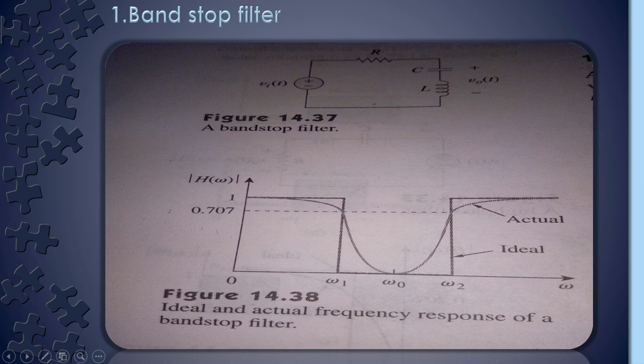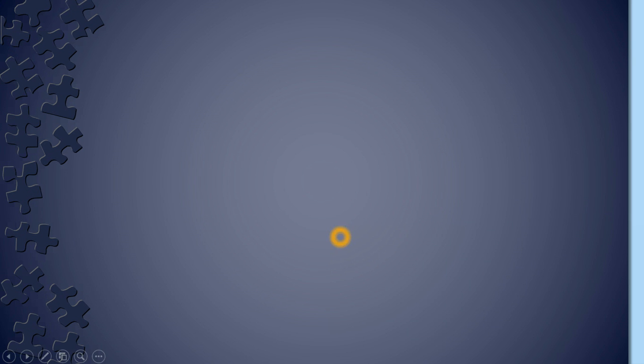Band stop is the vice versa of band pass. You have to collect the output voltage from the inductance, and it is the same but vice versa, meaning it passes the low and high ranges of frequency but attenuates W1 to W2. That's why it's named a band stop filter. It stops the input in this range W1 to W2. So that's it, guys.